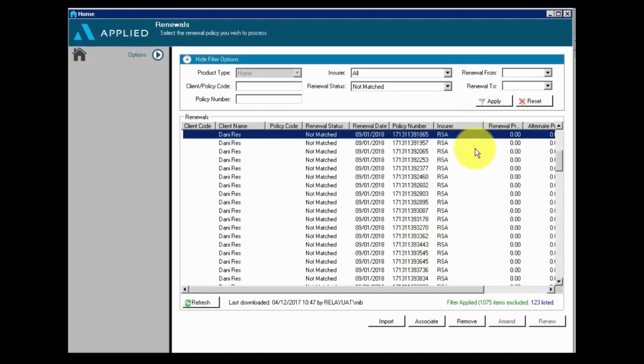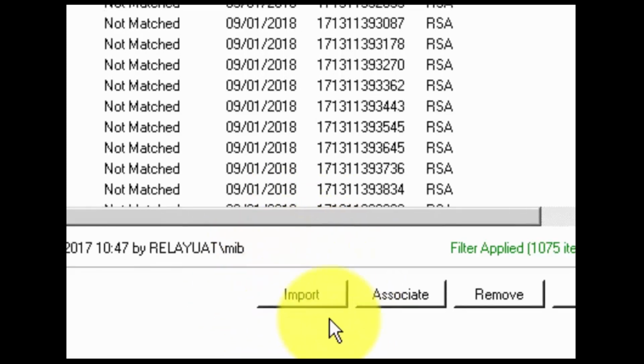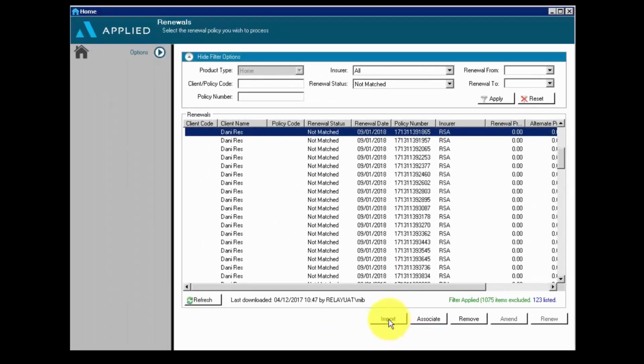Please note as well that if you can't actually associate a not matched policy using the name or policy number, etc., and you just cannot find it in your system, please note that we have an import button that will actually create the client portfolio or record for you automatically. So to do that, just click the import button. That will create the record. Then you can click cancel. And then when you come back to your screen, just give it a refresh. That's very important. Click the refresh button,